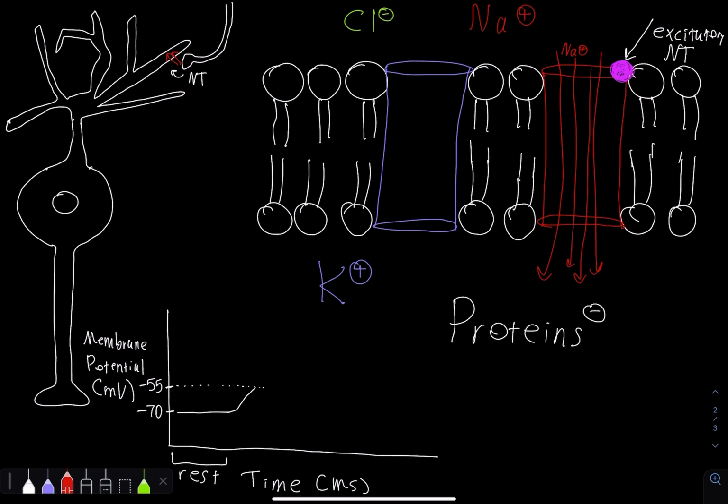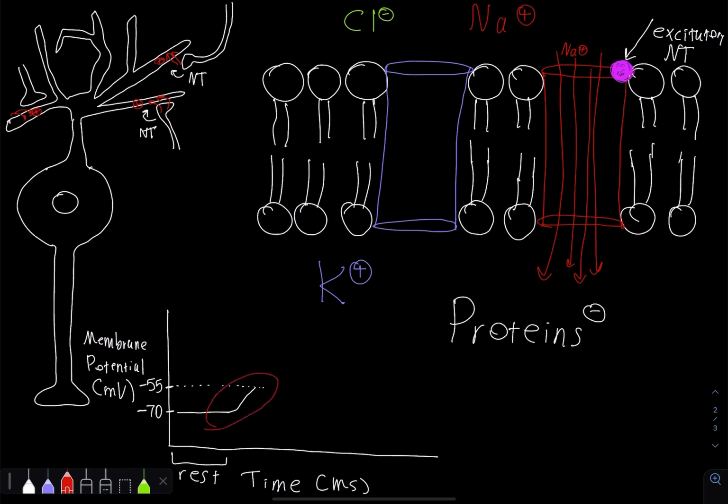If you have more synapses, which you usually do, and more excitatory neurotransmitter, and let's say we have another one, this one also lets more sodium into the cell. If we put enough sodium into the cell and make the membrane potential go up enough, at some point